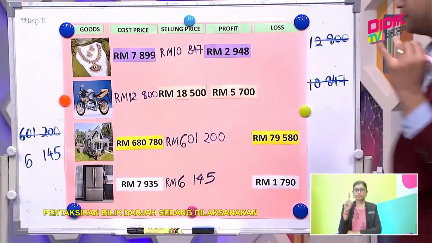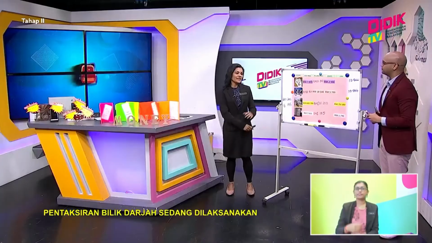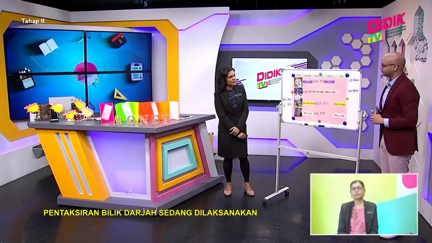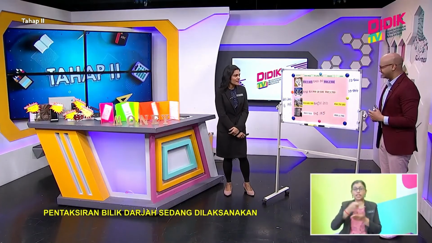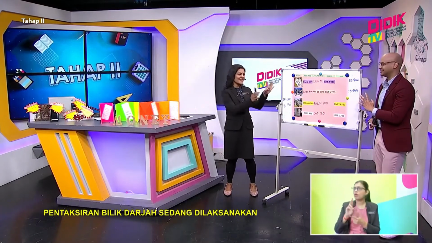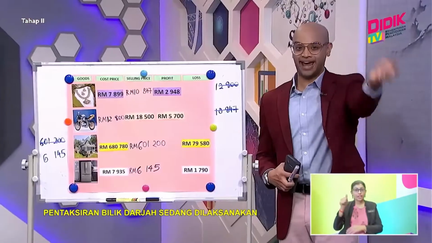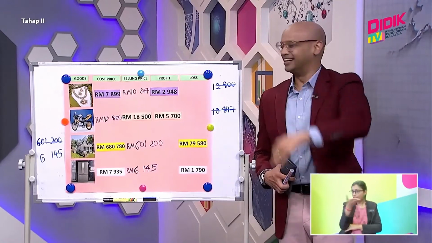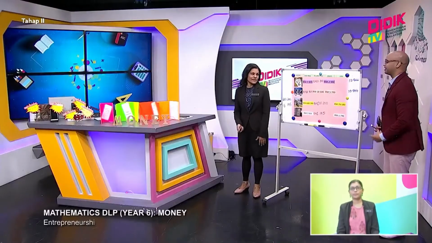Thank you so much, teacher. Yes. So finally, you understand about cost price, selling price, profit, and loss. Thank you for your understanding. And how many stars do I get for completing this? 10 stars for Sean. 10 stars for me and for you as well. All right, shall we continue?